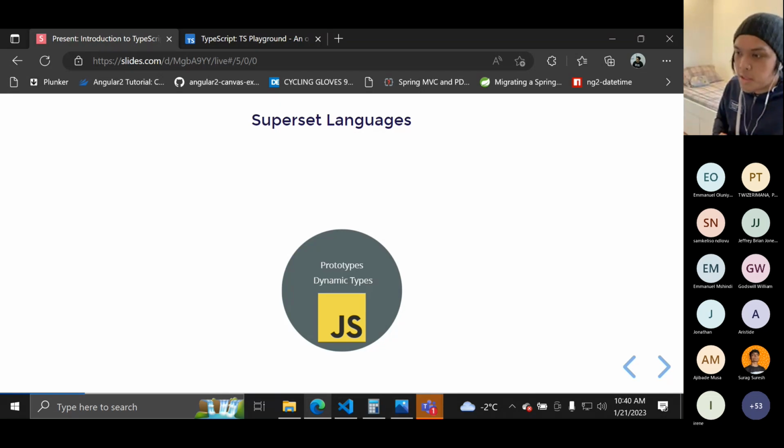JavaScript itself provides prototypes and dynamic types, and as we all know, it is implicit. Since it's a dynamic type, we don't set the types or use strict types. As long as we assign a value, the data type is automatically assigned by the compiler. So that's basically JavaScript.